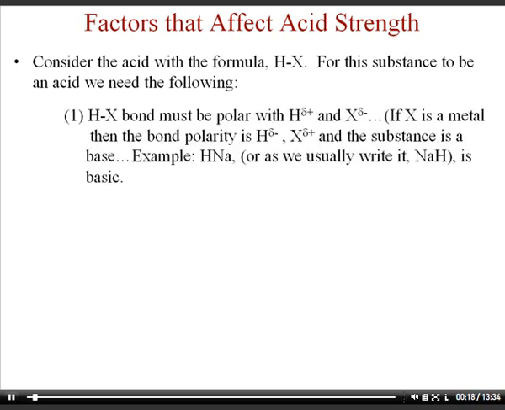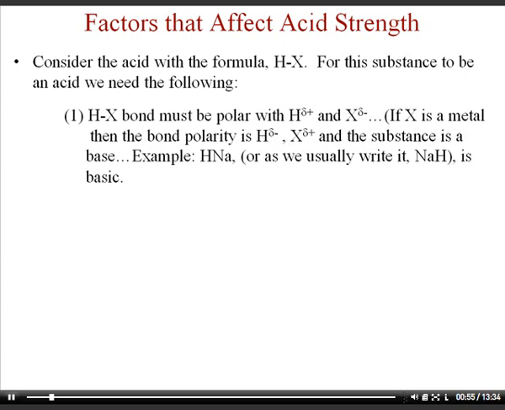And so, in order for the substance to be classified as an acid, we must have the polarity be such that the hydrogen has a partial positive charge and the other substance X has a partial negative charge. Now, if X is a metal, then this bond polarity is flipped, so the hydrogen is negative instead of positive, and then you would write the positive substance first and the negative substance, which was the hydrogen, in the second spot. So, for example, instead of the formula HNa, we would flip it and have NaH. Well, this is a hydride,